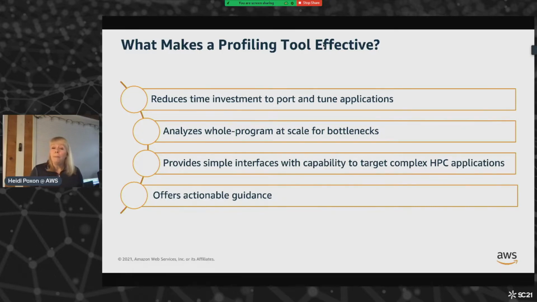Also, you want a tool that meets the application where it is. If you have an application and you want to run with, say, 500,000 MPI ranks, or maybe that application runs with 100 MPI ranks, it's important that the tool can profile where that application is going to run, with the number of resources, so that you can find the bottlenecks that are most critical to performance. Having simple interfaces is also important so that you can quickly obtain a profile of what the most important and time-consuming areas of code are. But you also want that tool to be able to dive deeper and understand the whys of a performance problem.